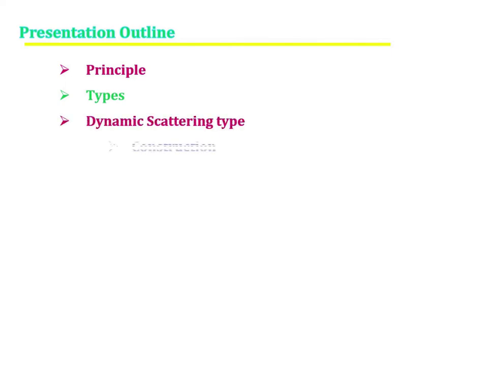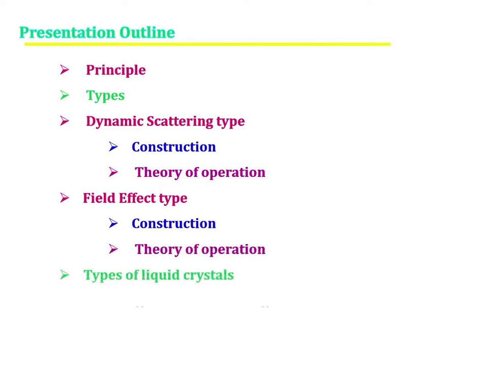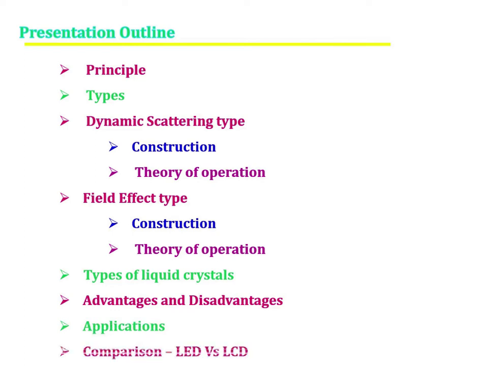The presentation outline for this session is as follows. We will start with the principle of operation of LCD, then move on to the types, under which we will discuss the dynamic scattering type, its construction and its theory of operation. Next we'll move on to the other type, which is called the field effect type. We will understand the construction of that type and its theory of operation. Then we will know about the types of liquid crystals, the advantages and disadvantages of LCD, applications, and the comparison